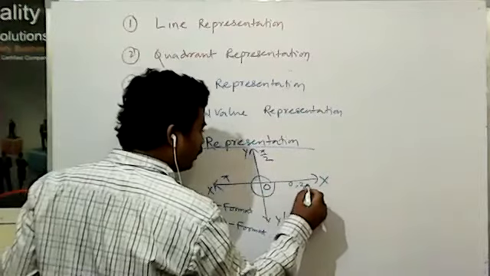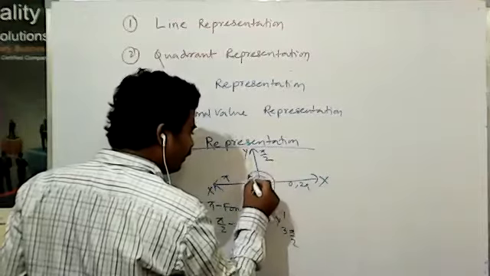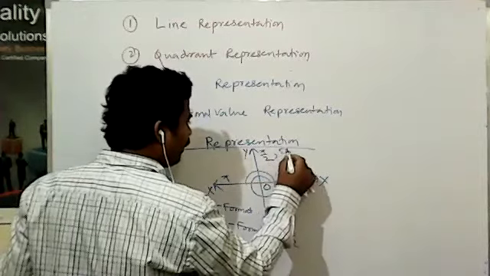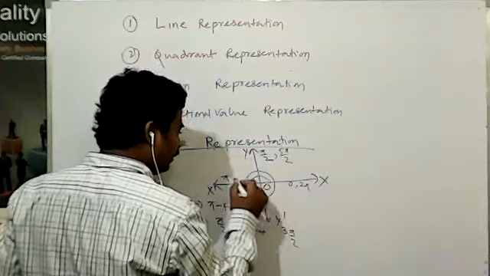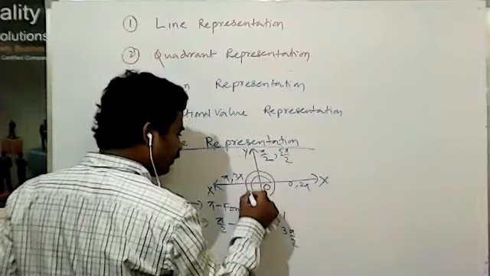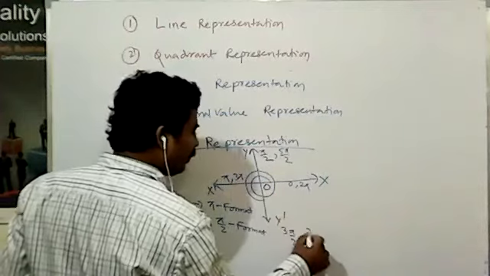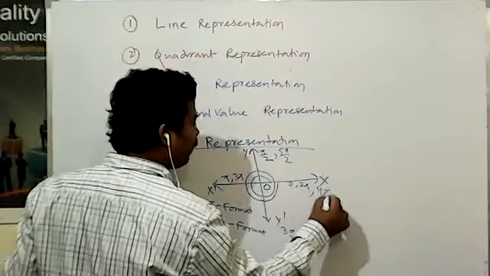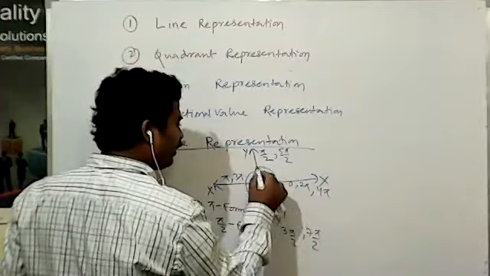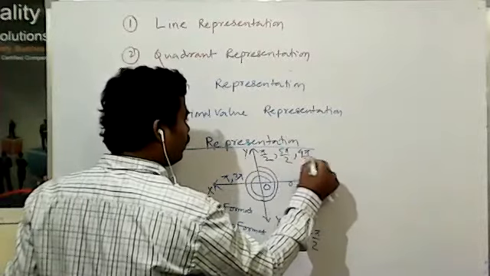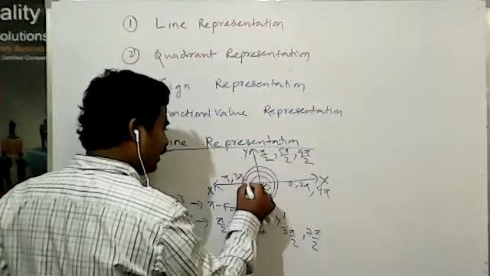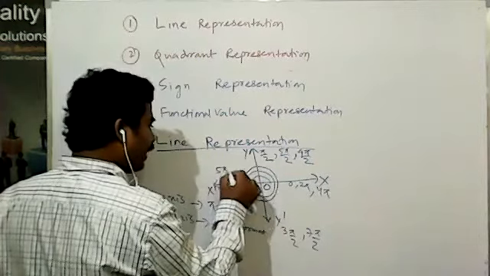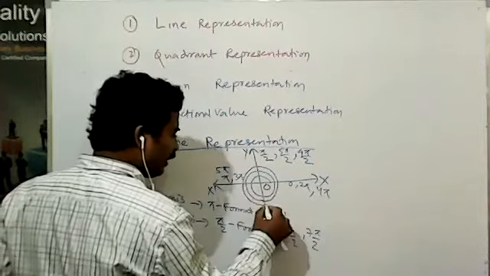If you want another rotation, that is 2π, then the rotation. Then this is equal to 5π by 2, this rotation. This is 3π, this rotation. This is 7π by 2, this rotation. Similarly, this is 4π, this rotation comes again. This is 9π by 2, then this rotation comes again. This is 5π. Similarly, this rotation comes again.